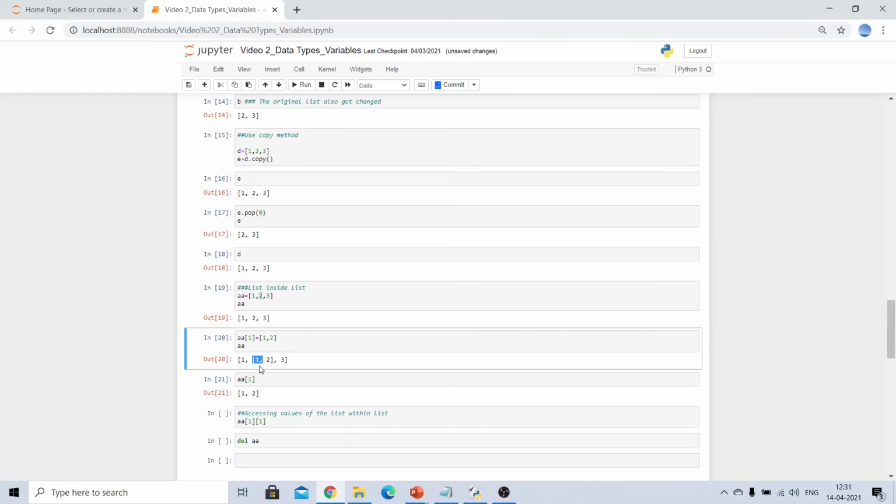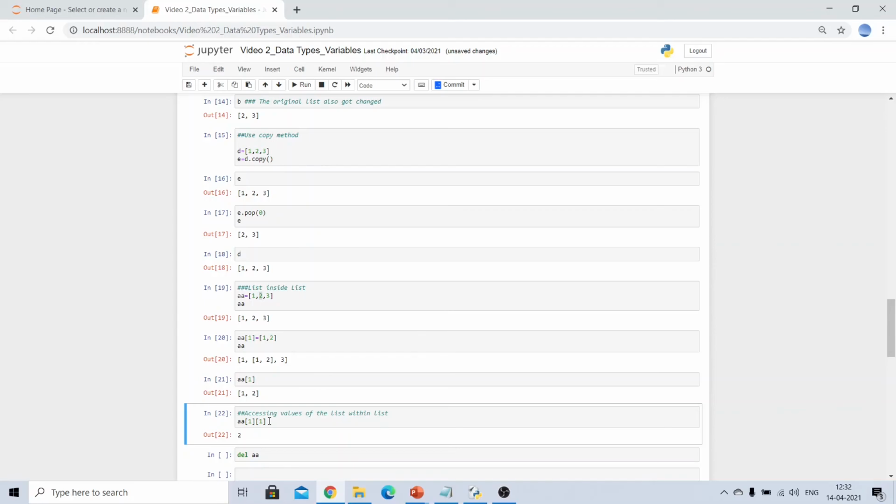Now if I want to access the values present in my inner list, we can again do the indexing on my inner list. So if I want to access the value 2 here, that is the second index value in my inner list, I will just make use of the index values. So this is how you can access the values present inside a list.